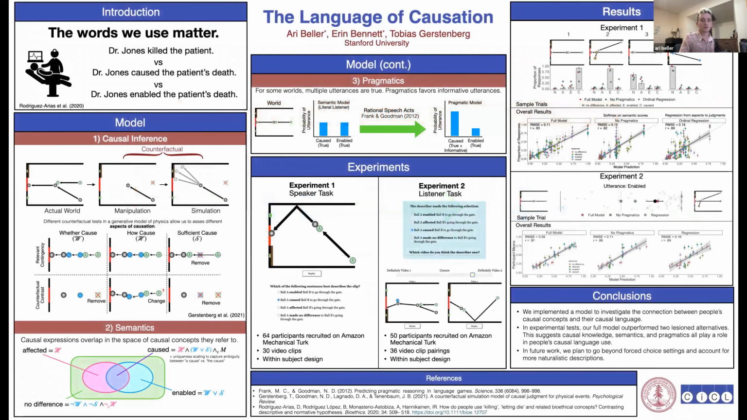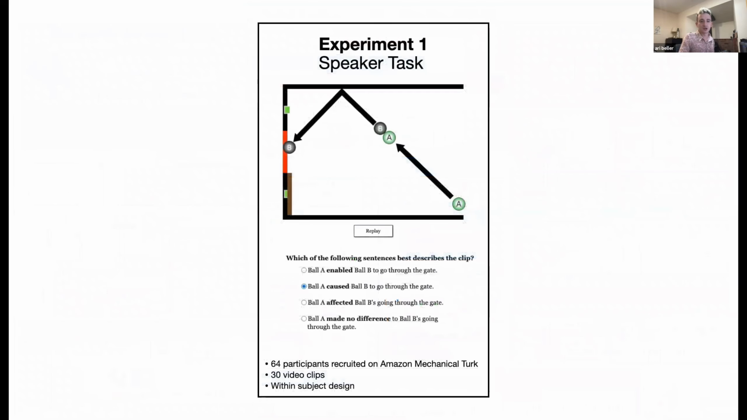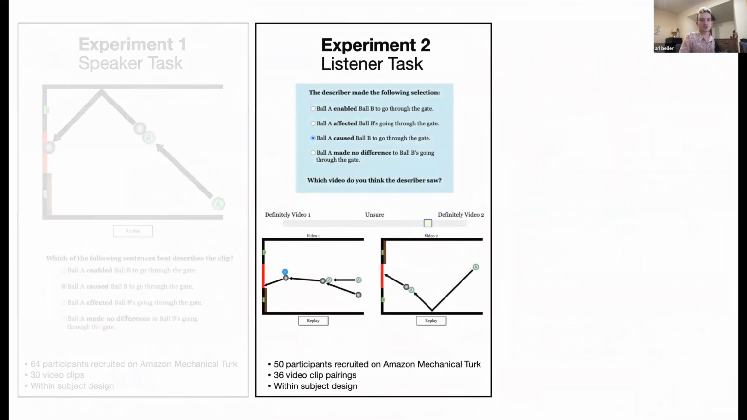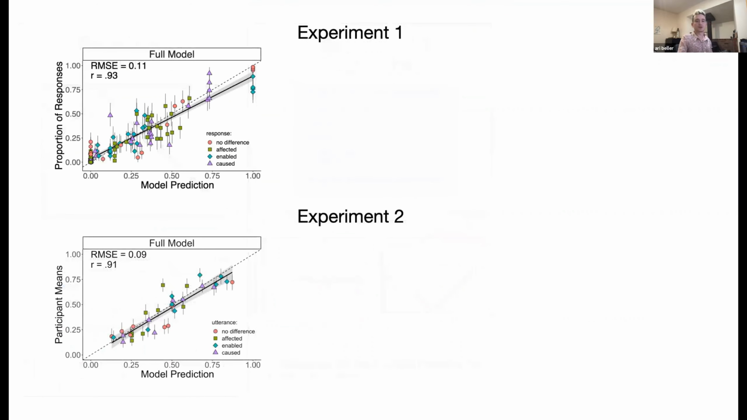Once we have our model, we worked to test it empirically. We designed two tasks, a speaker task and a listener task. In the speaker task, we showed participants video clips like this one, and then asked participants to choose the causal description that they thought was best. In the listener task, we flipped the script. Participants were told that a describer had been viewing a scene and that they had selected one of the four given descriptions. The participant then had to rate which of two videos they thought the describer had been viewing on a slider. Our model does a good job explaining participant behavior in both these settings, capturing most of the variance